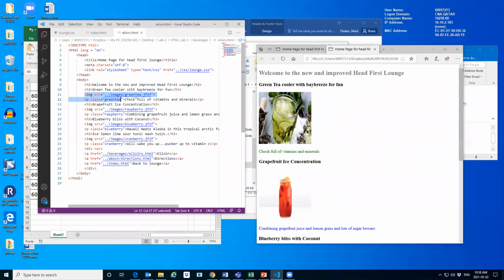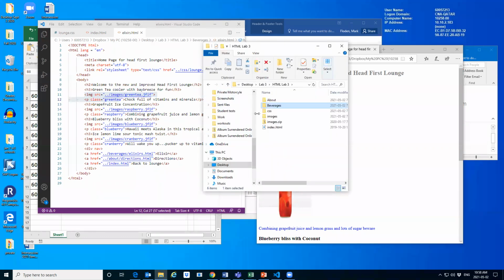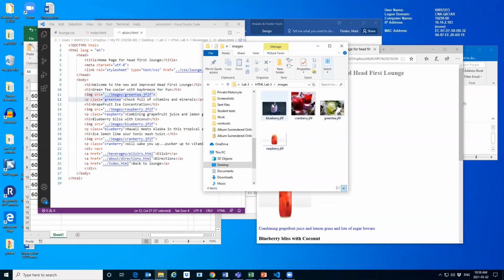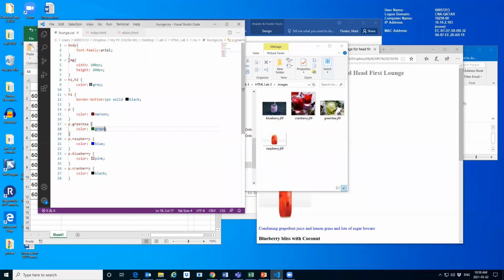Let's look at those images to sort of verify those. If we go in the folder back to the images directory, there's our images, and these are given to you. You'll find that there's an images dot zip folder, and you can unzip that, and then you'll have these images. But these are indeed the images that are referred to here. There's the green tea, and notice that they're not all the same size, and they're not all the same shape. So how did we get them to be all the same size and the same shape? I'm repeating myself now, but we did that with this little bit of programming here in the CSS